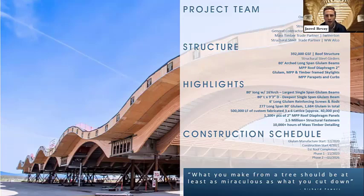There were over 1.5 million structural fasteners in the project that were installed by a maximum of 35 craft that we had on our site. So a handful of people installing over 1 million screws, and 10,000 plus hours of mass timber